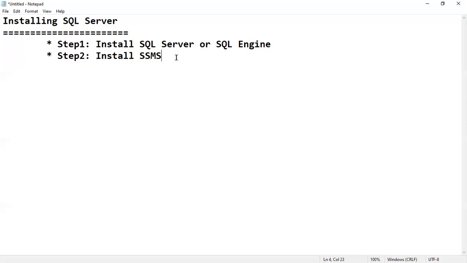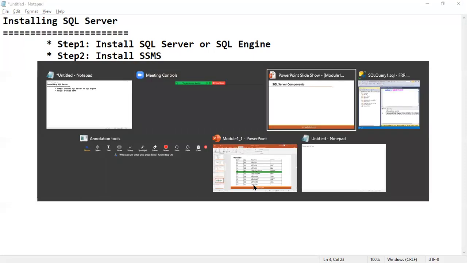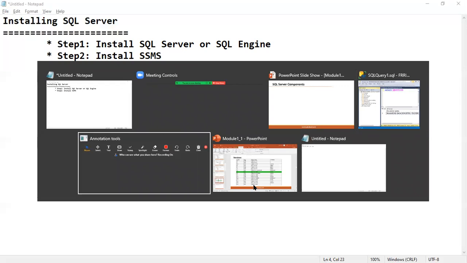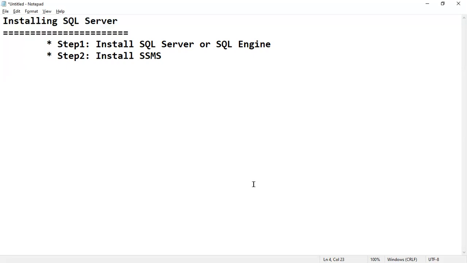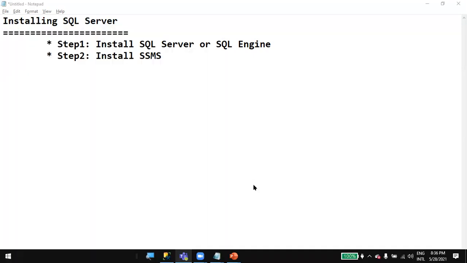Check here, to start practicing it is just a two-step process. Let's say we'll start the SQL Server installation. Just remember, in the same machine we can install SQL Server multiple times.